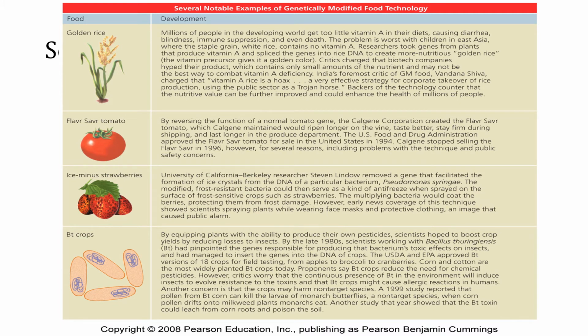And so here are a couple of examples. Like I told you about the corn, of course, and the BT crops down there are mostly corn. But golden rice, they use it to actually increase nutrition in the rice itself, vitamin A. So people in countries where maybe they're malnourished and not able to get vitamin A, this is the way to get vitamins to them. There's also this Flavr Savr tomato, which lasts a lot longer. Just a couple of examples.